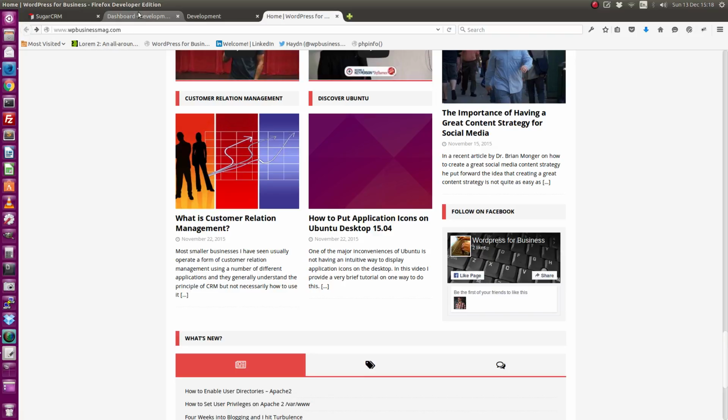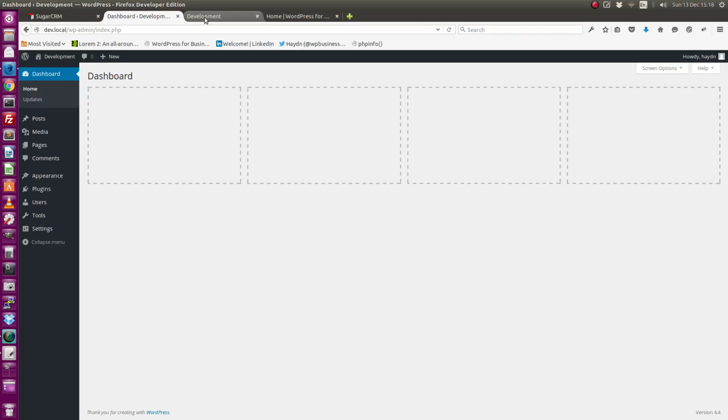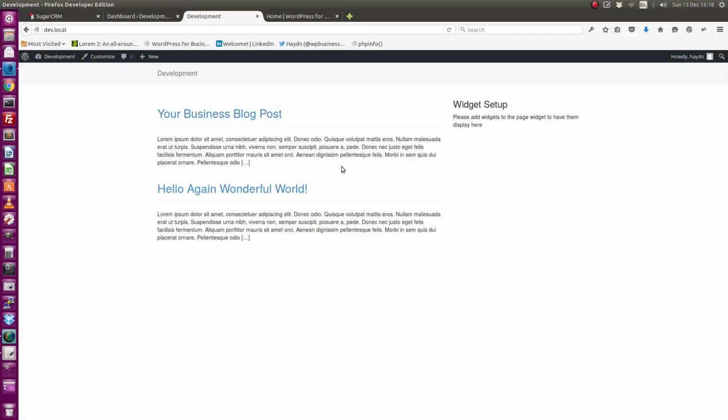So what I've done is I've set up a local installation of WordPress, absolute bare minimum basically, on my server. I've just put a couple of simple little posts in here, and I haven't set up any widgets. I've got no plugins or anything installed. This is bare bones. And what I want to show you is how to set up WordPress to talk to